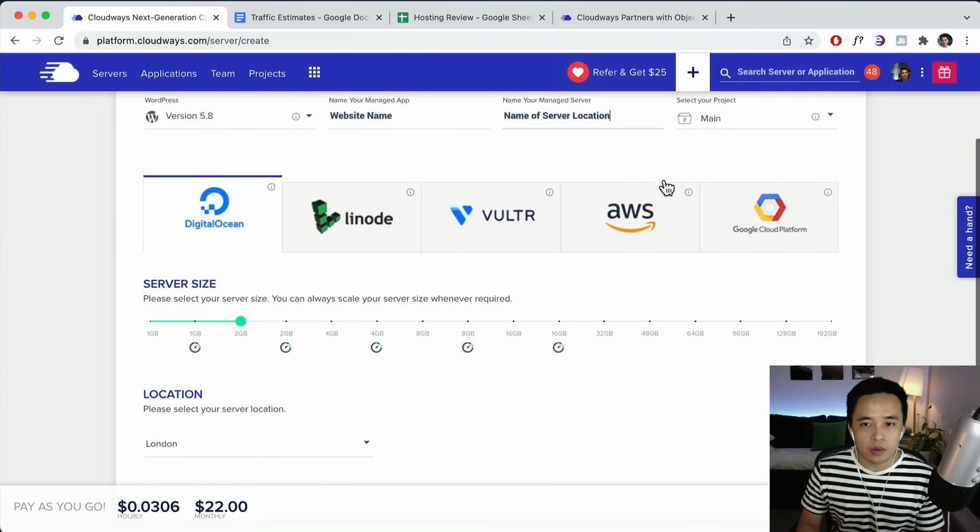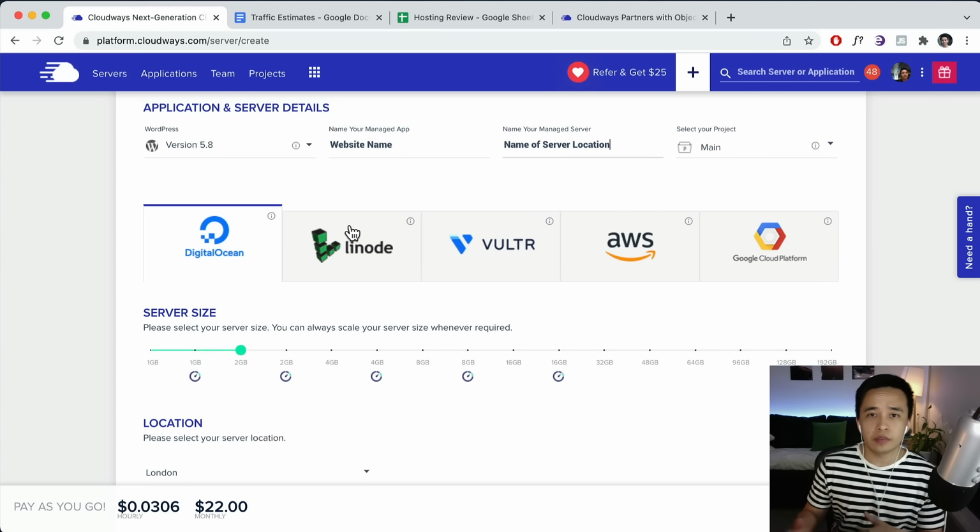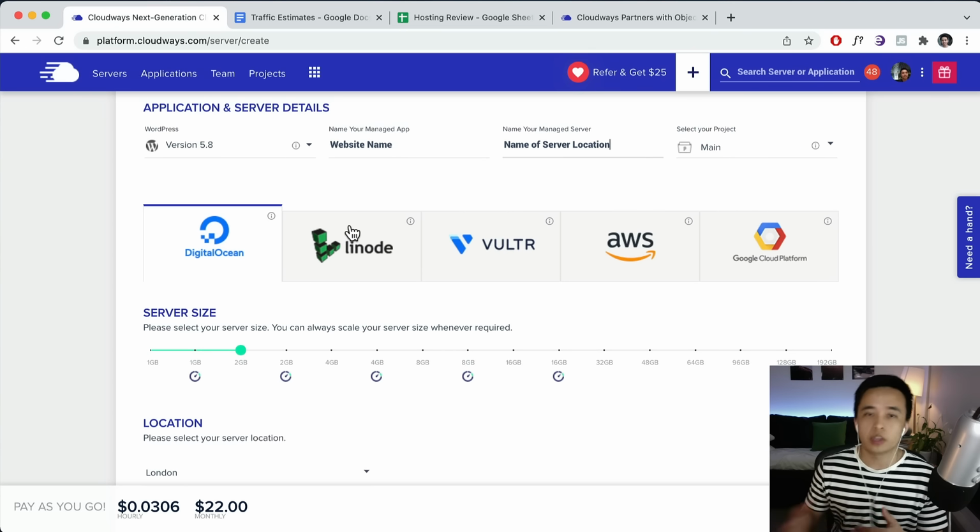Scrolling down over here, you have 5 different infrastructures to choose from. So the real question is, which one should you choose? Which one is better? Which one is good for your needs? The first question to ask is, are you creating a mission critical website that can't have any downtime whatsoever? Because if you are creating a mission critical website for you or your client, any downtime caused is going to be thousands of dollars lost,